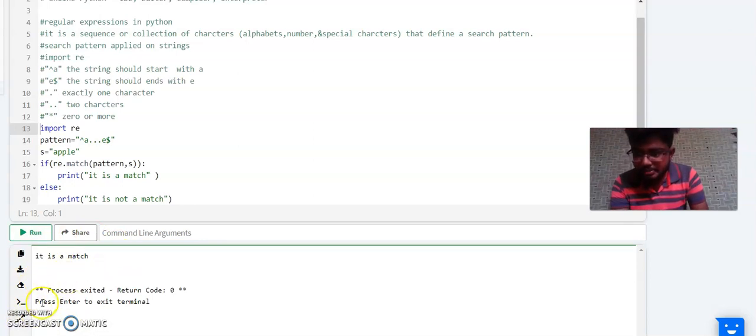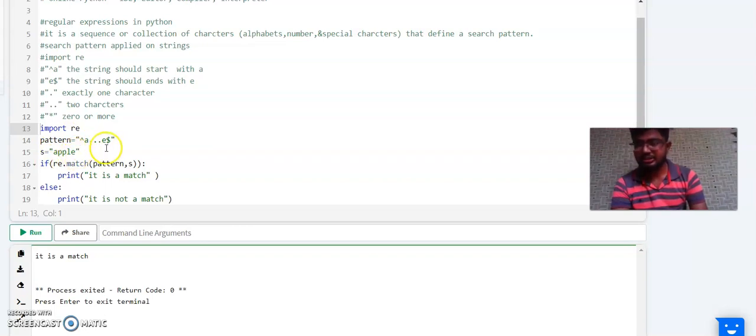Why we got a match here, I will explain now. In the pattern, what we have given is the string should start with A, and after that there will be three characters, and it should end with E. Let's check this string. The pattern should start with A, the first character matches. Then there will be three characters, that is ppl, those also match.